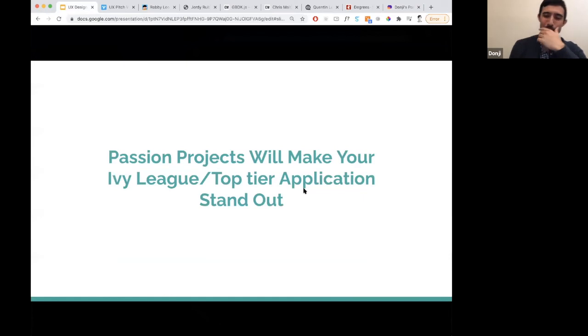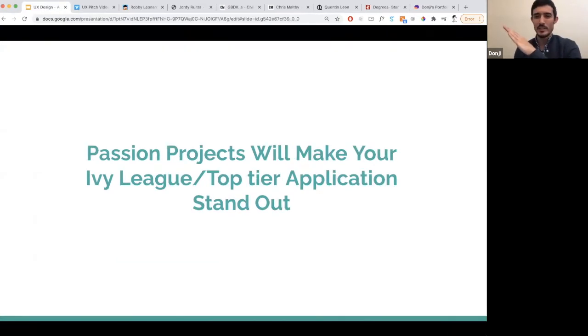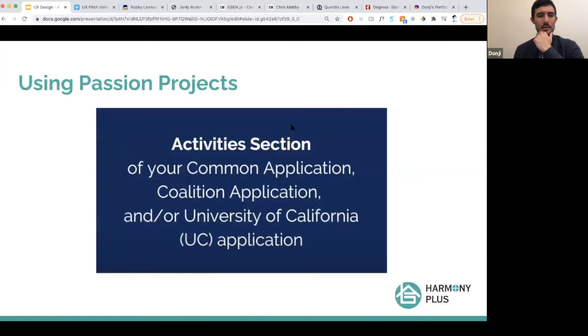So yeah, that's having a portfolio, whatever your project is. And in this class, we'll be focusing on creating one really solid portfolio project, especially if you can create the app around something that you're very passionate about. That's also very important for this project. And using passion projects, just some very practical things is